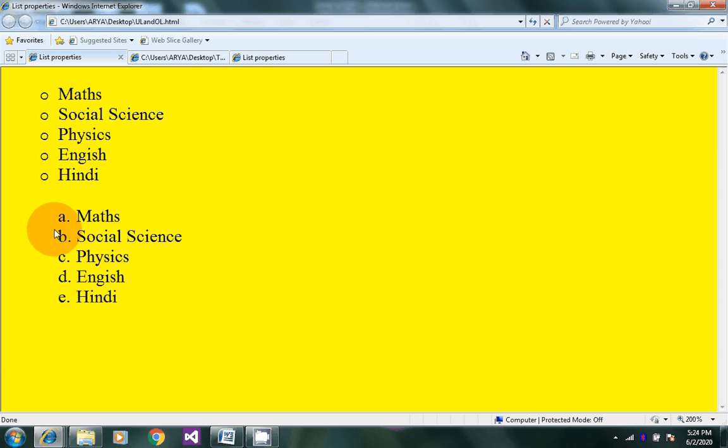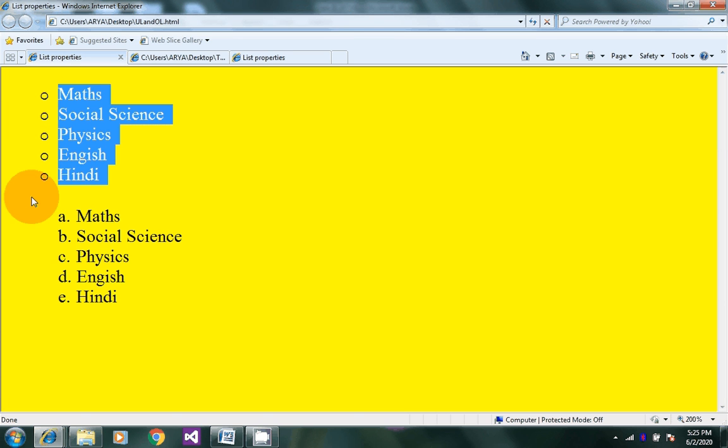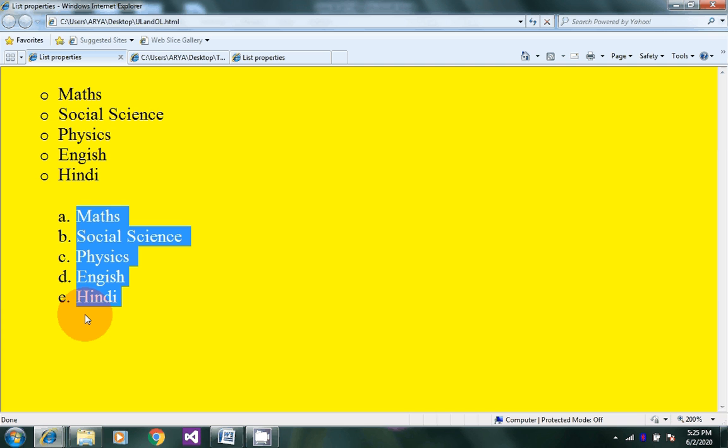There is a change in the position of the starting of the list. Here the first list starts from here and the second list starts from here.